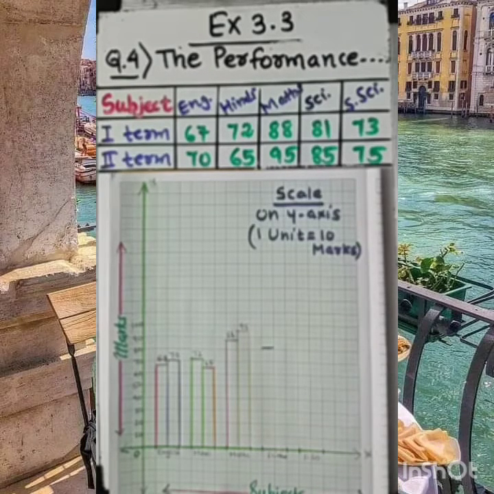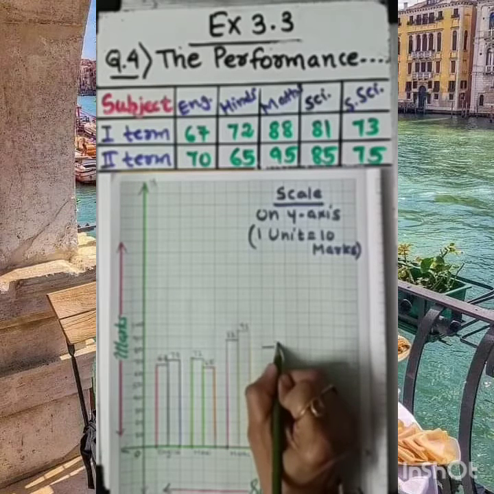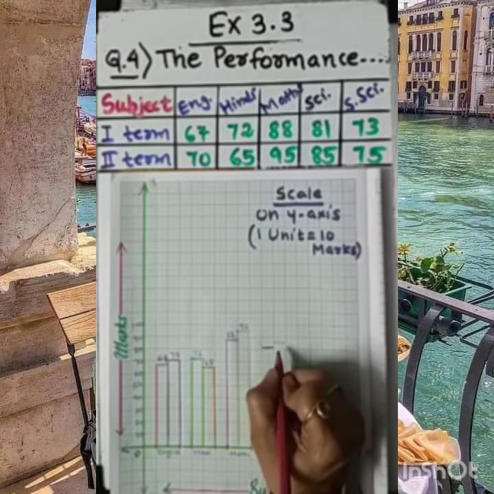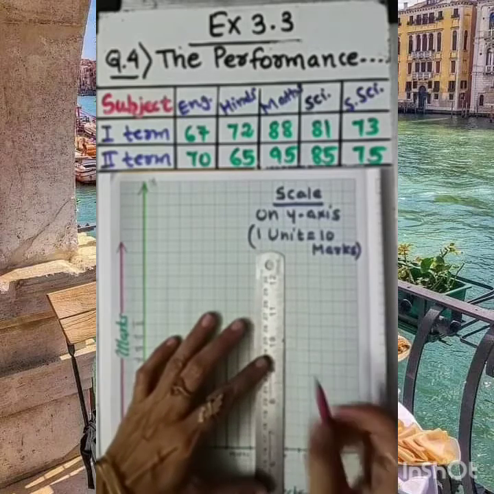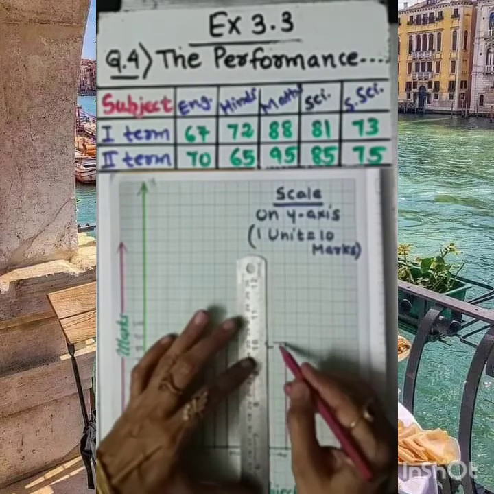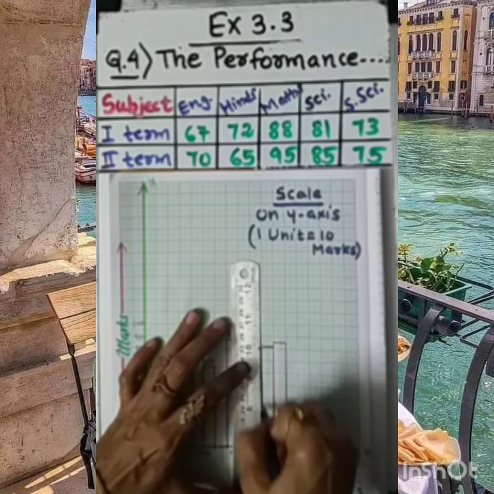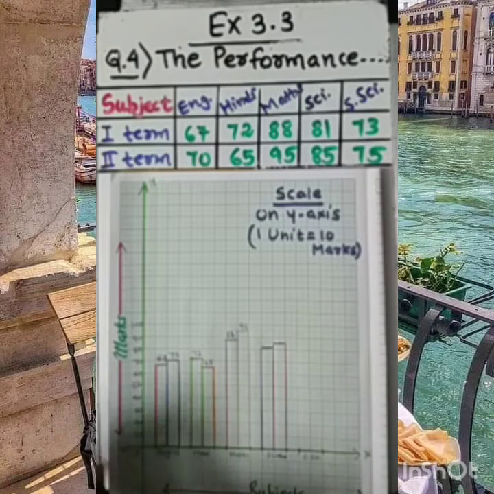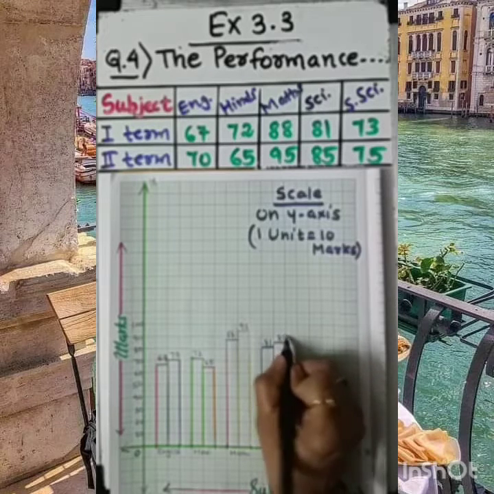And next, after that, the next line is 85. 85 is easy to locate here. Between 80 and 90, you can find 85. Here it is 85. I am drawing here 85. Clear to you? Let me draw the line now, joining these things, and let me mark the numbers which we are choosing. That is 81 for term 1 and 85 marks for term 2 for the science subject.